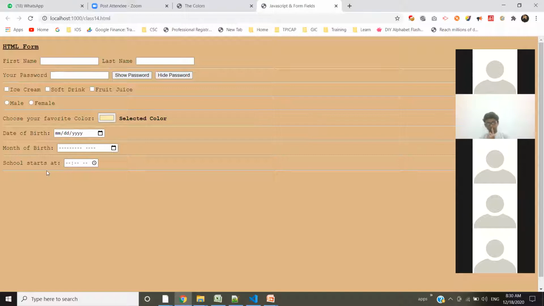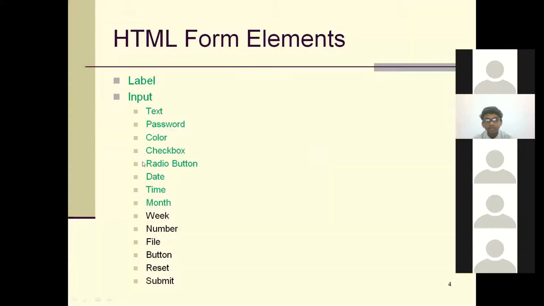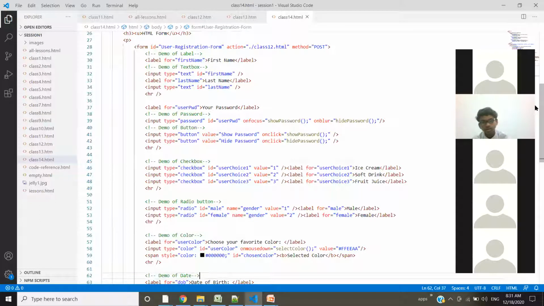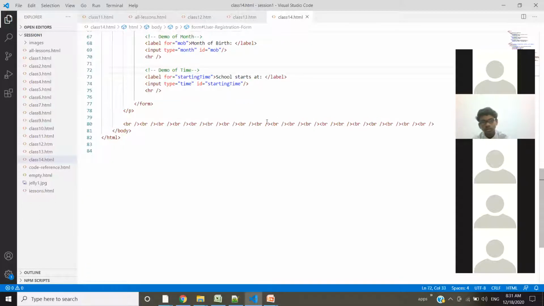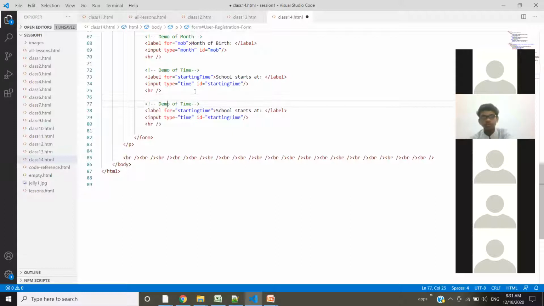Here, before this, we have a week also. Let's see what this week does. Let's go inside. It's just a plain simple one, so we'll copy paste the same thing, take a reference and then make changes to it. This is the demo of week, so let's make it as week.